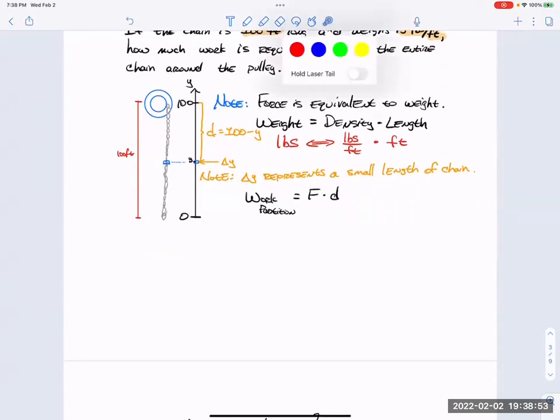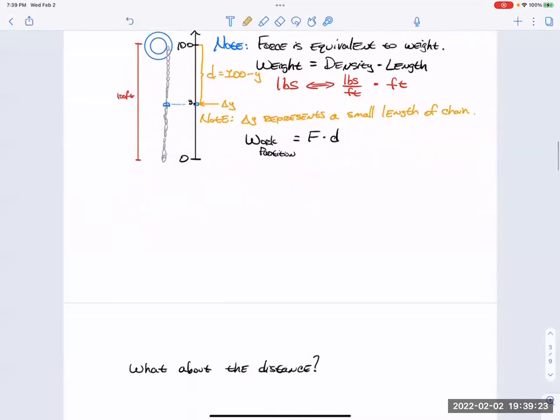So it's like we're doing just an arbitrary crossing. It's like when we found volumes of shells, we found an arbitrary shell. So what we're doing here is we're finding the work on that arbitrary partition here. That's what actually we're doing here. Well, the work is equal to force times distance, right? We know that. Now, here, we have to write this out. In this particular problem, in this case,